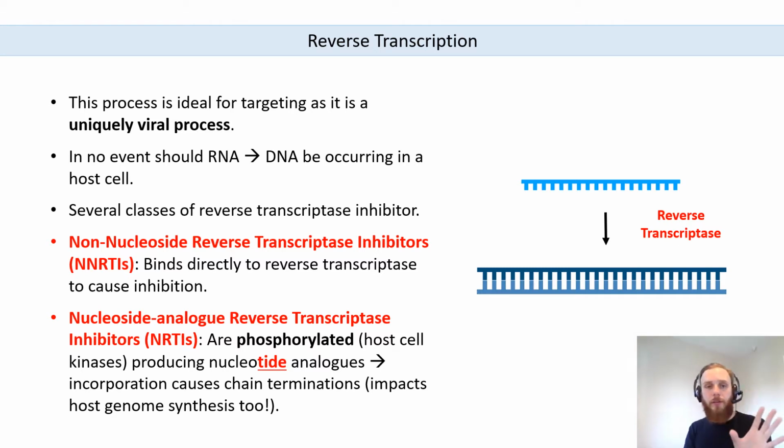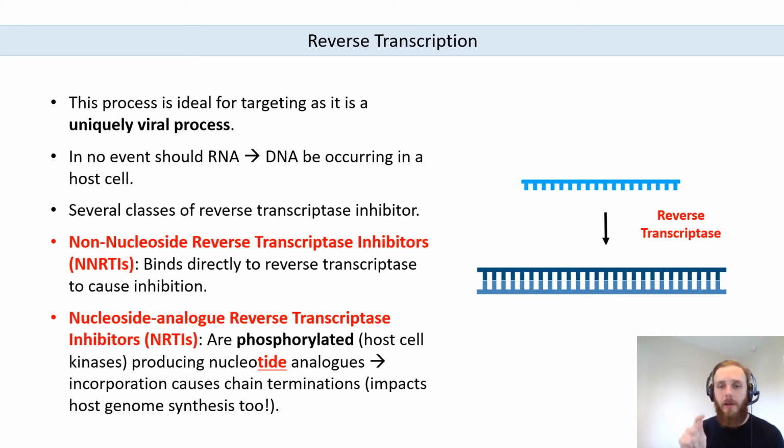These reverse transcriptase inhibitors are drugs that are disrupting this process, so they're preventing this from occurring. We can actually split the reverse transcriptase inhibitors into two groups dependent upon their mechanism of action. So there are two principal ways in which we can target this process of reverse transcription. One is to target reverse transcriptase directly, so we can develop drugs that specifically target reverse